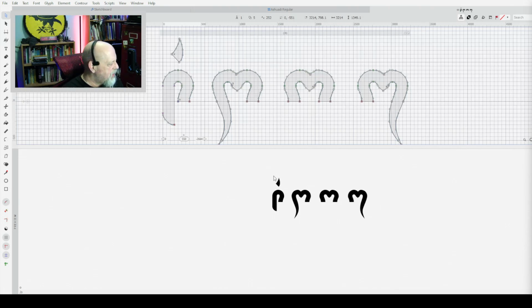The original idea for Ashuadi was that it would be sort of a continuous script that drew each syllable together. And therefore, there are initial forms, medial forms, and final forms. But I didn't want to go the way of Arabic and Hebrew and things like that and use diacritics to mark vowels.